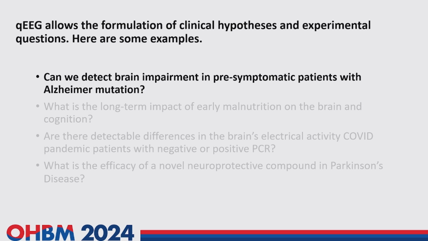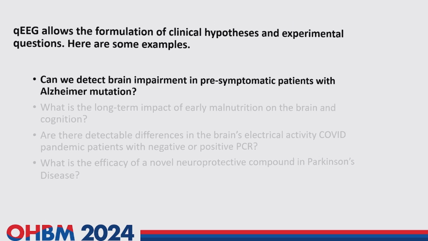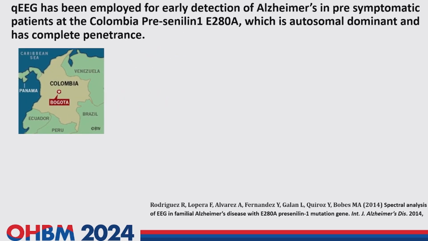Okay, can we detect brain impairment in presymptomatic patients with Alzheimer's mutation? The quantitative EEG has been employed for early detection of Alzheimer's in studies in collaboration between Cuba and Professor Lopera in Colombia. In the top left, you can see a map of the country in which the collaboration started nearly 3 decades ago. Lopera identified in 5 families an autosomal dominant mutation, presenilin 1,